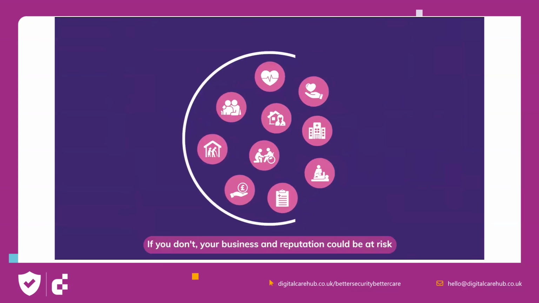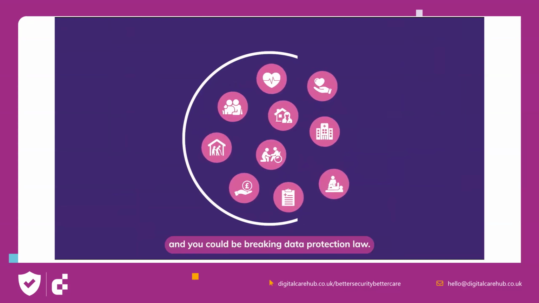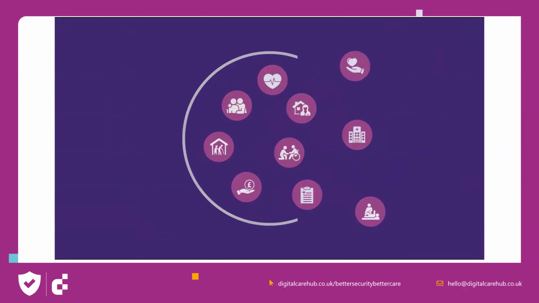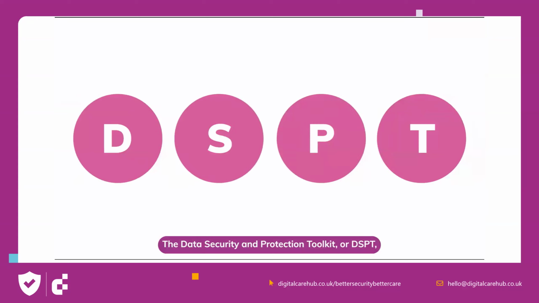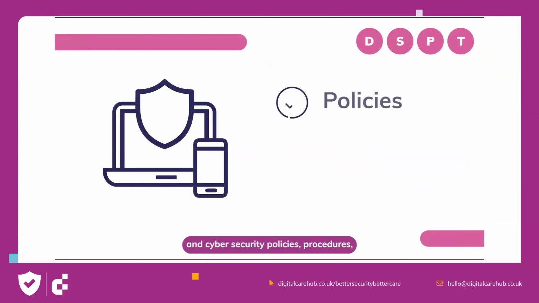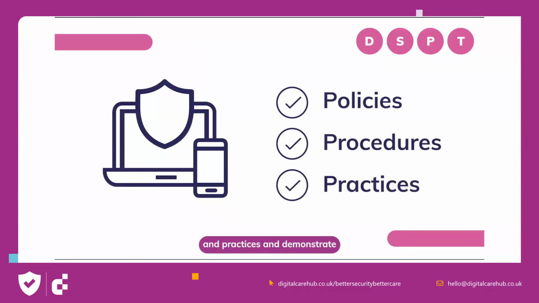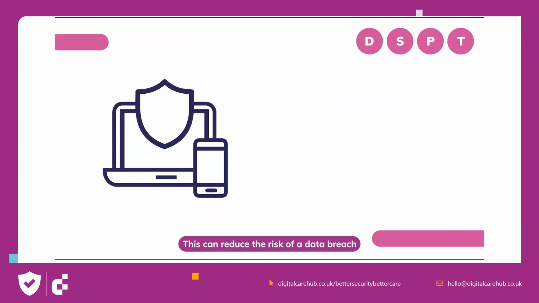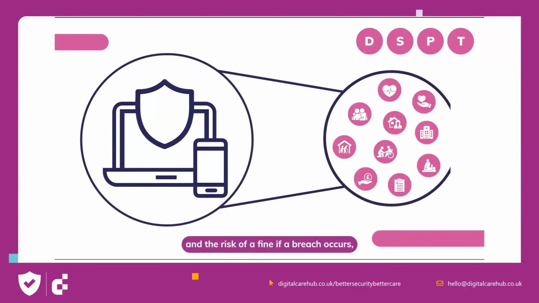If you don't, your business and reputation could be at risk, and you could be breaking data protection law. The Data Security and Protection Toolkit, or DSPT, is an online self-assessment tool. You can use the toolkit to check your data and cybersecurity policies, procedures and practices, and demonstrate that you have good systems in place. This can reduce the risk of a data breach and the risk of a fine if a breach occurs, as you will be able to show the Information Commissioner's Office the steps you were taking to